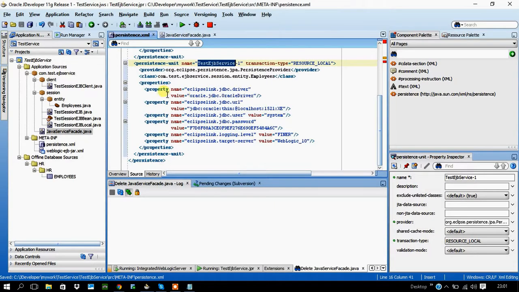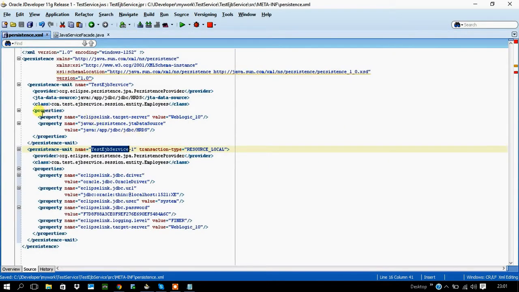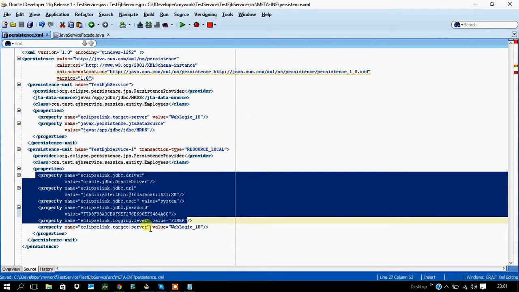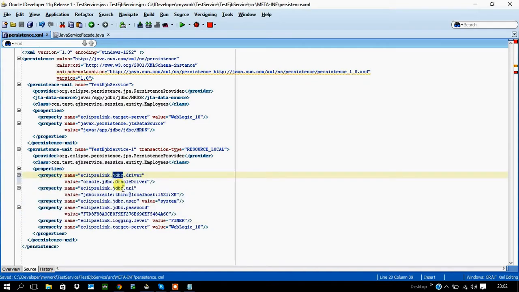So look at the difference here. Here I don't have any DB information. Here I have DB information. That means if I don't provide any DB information in the details, it has to go to my server and look up the data source name. Here I directly provide the DB information. There is no need for server interference here. If you see here, it's a normal JDBC connection: JDBC driver, JDBC URL, the host, the port number, the service, and the username and password. Username is system and the password is an encrypted password. If you want, you can directly provide your password. It doesn't matter.